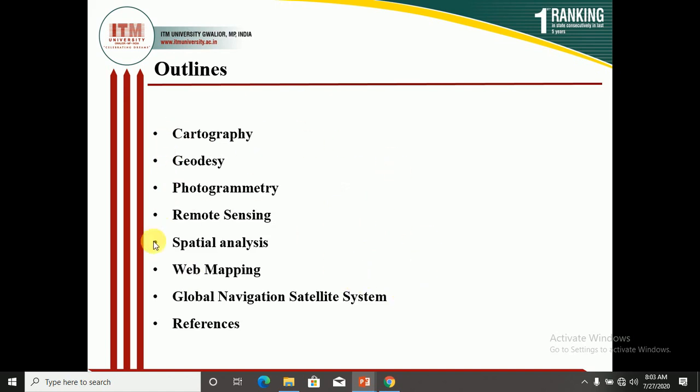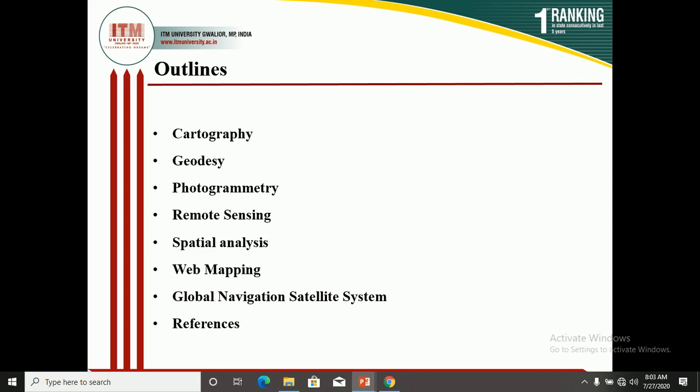There are seven main techniques which are used in geoinformatics. First is cartography, second is geodesy, third is photogrammetry, then remote sensing, spatial analysis, web mapping, and global navigation satellite system. These seven techniques are basically used for three main purposes. The first is data collection, the second is analysis, and the third is reporting of the data